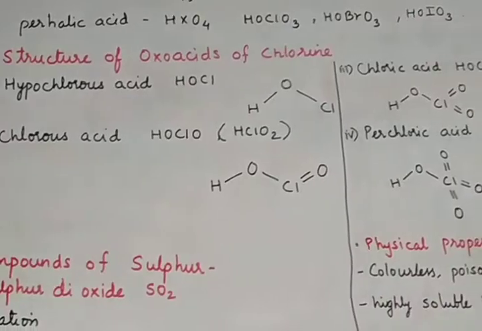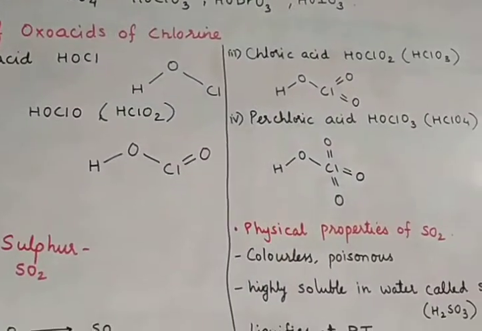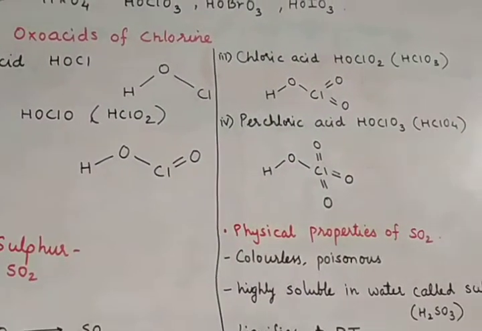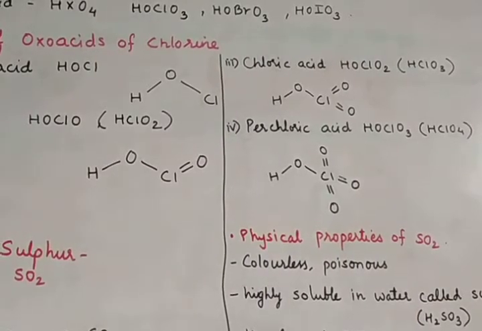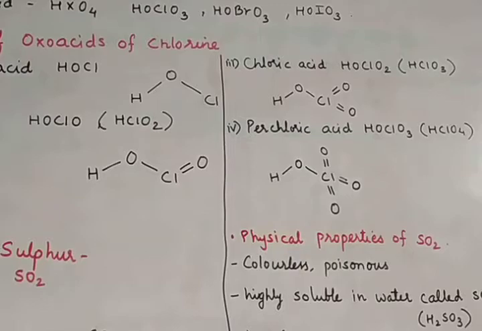Third comes chloric acid. In chloric acid, one more oxygen is increasing. The formula becomes HClO3. For convenience, we are writing it as HOClO2. The structure